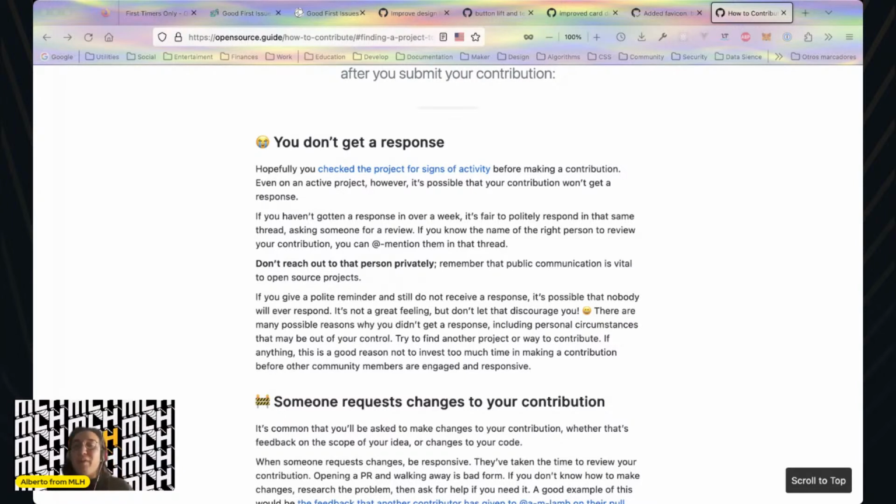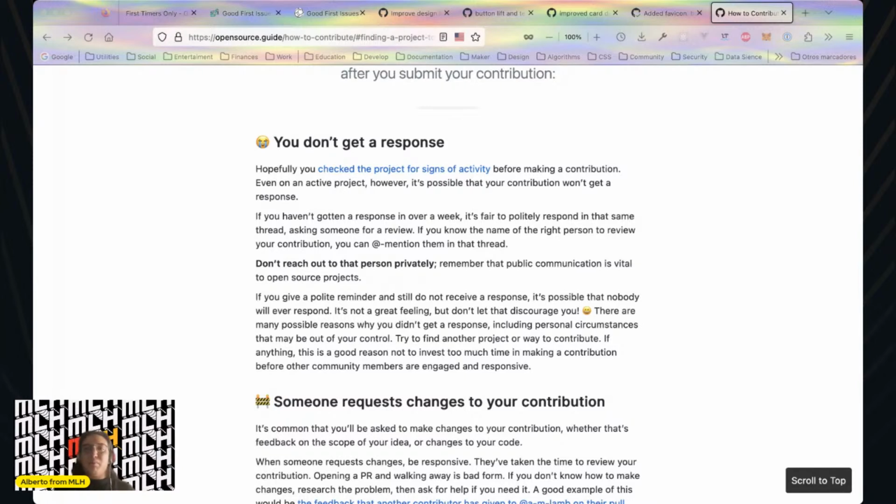If in your community, in the project you're working on, they say, "Hey, this is urgent, don't wait to be assigned," like the one we saw, where they made an open issue to receive proposals on how the design could be improved, you don't need to be assigned to that.